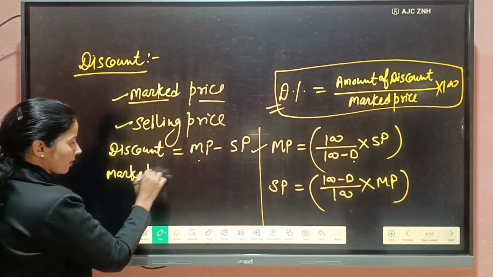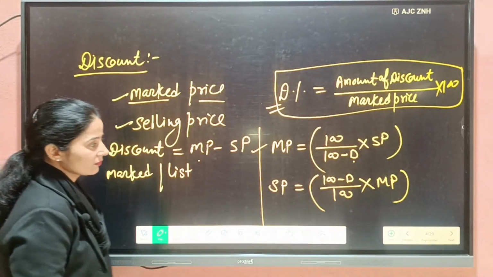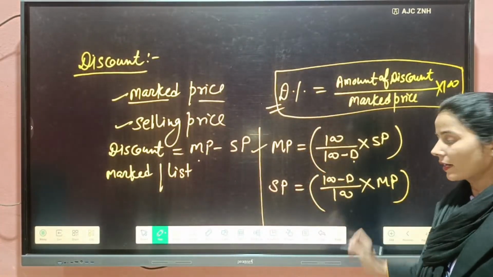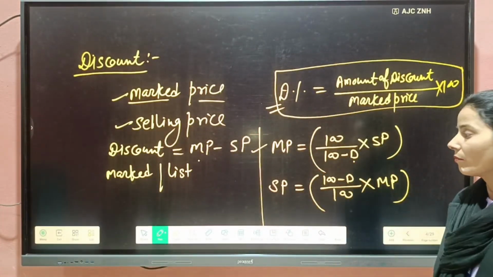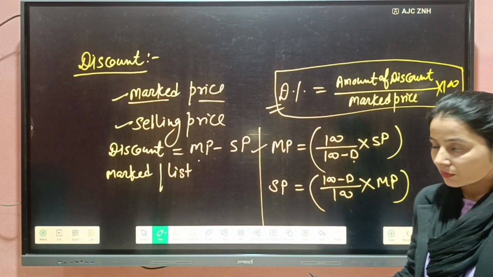Marked price or list price, both are same. And your selling price will be 100 minus discount by 100 into marked price. Okay, this was about discount. Now see,